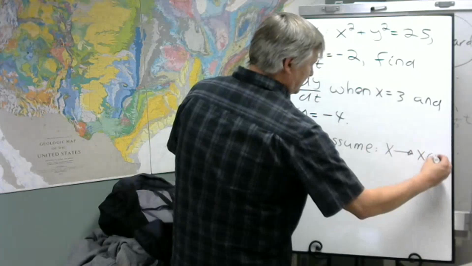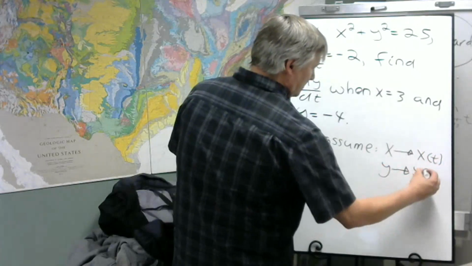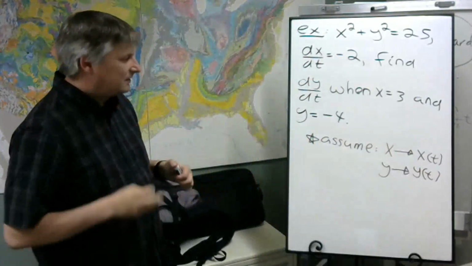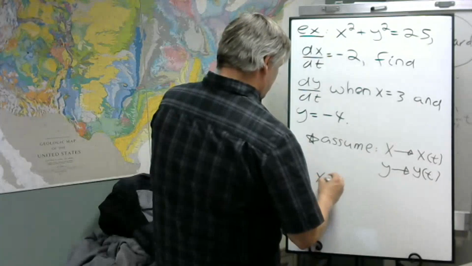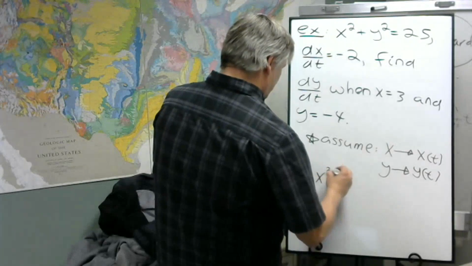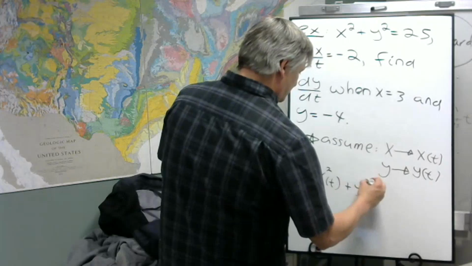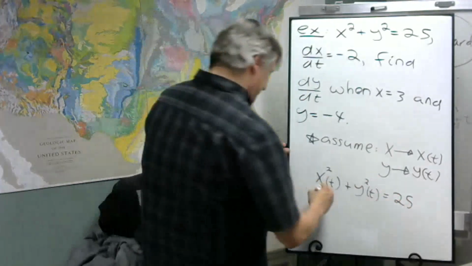X is really x of t, and y is y of t. So what we really have is x of t squared plus y of t squared equals 25,